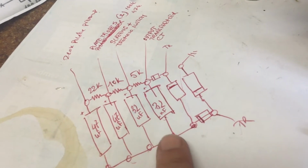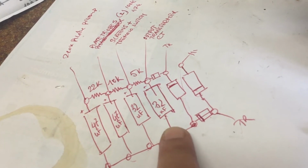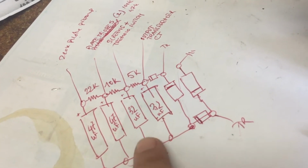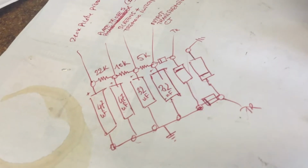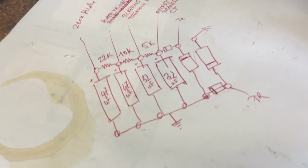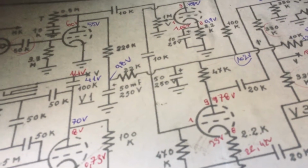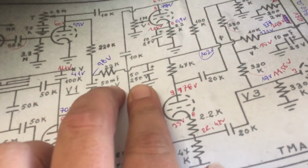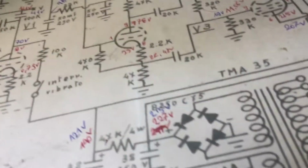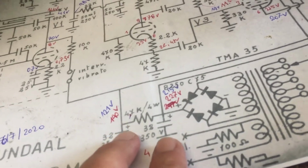It's very strange that they put small filtering 32 microfarads in the first 2 stages of filtering, and then they add 50 or 47 microfarad caps. But that's exactly how it was in the schematic. And the weird thing is that these 250 microfarad caps have been switched while they rewired it, and they are now here. And these are